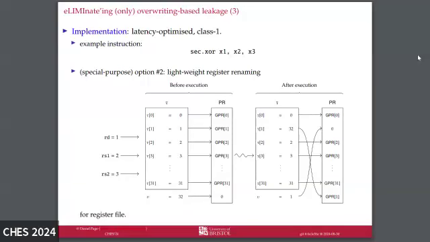This works pretty okay for isolated registers, but when you consider the register file, duplicating this entirely is pretty expensive. So we take a slightly different approach for the register file and employ what you could describe as a lightweight register renaming strategy. The idea here is that we have a physical register file that's 1 register bigger than we need. One of the registers is used as an idle register, and again, we're always writing a 0 into this thing, and we're updating the mapping between the logical and the physical registers to make sure that everything is consistent. So we can always write into a register that was written 0 in the previous clock cycle.